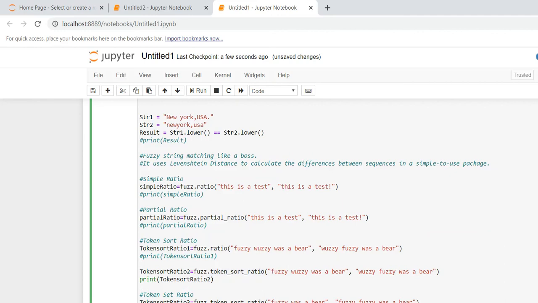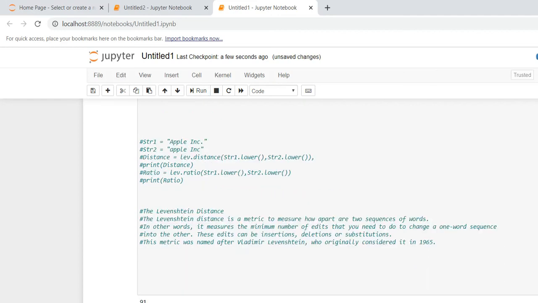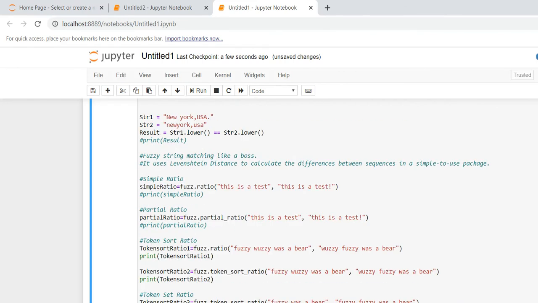If you see the difference between sort ratio and normal ratio, I'll run it. Normal ratio is showing 91 and sort ratio is showing 100. I'm commenting out this one, and coming to the next point, set ratio.